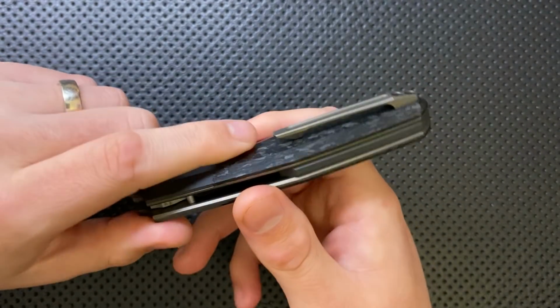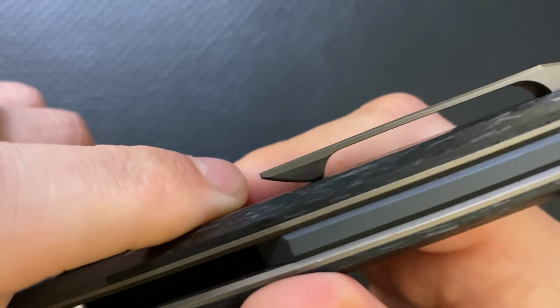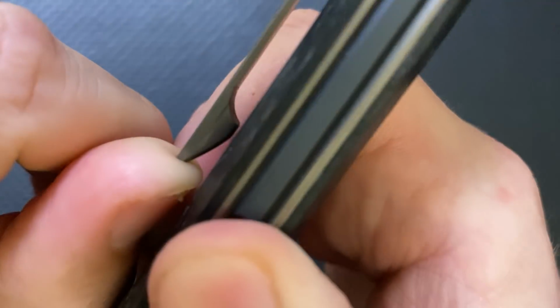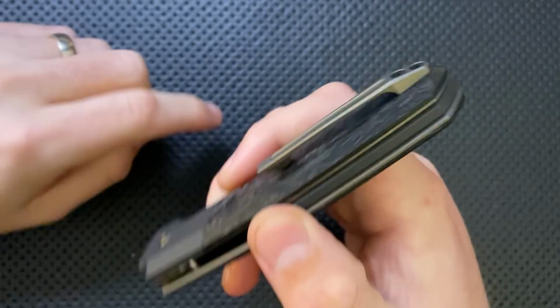On the ugly front, there are two ugly issues here. The first one is actually the clip here. So if we take a look at the clip there, what you can see here is that the bottom of the clip is very slightly rounded off on the inside there. Didn't come that way from the factory. In fact, I had to take this clip off and